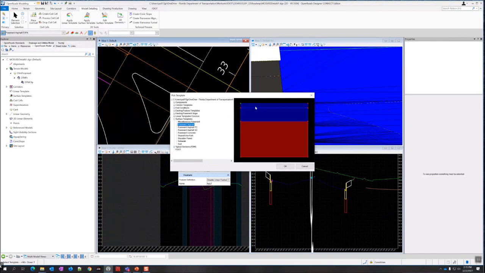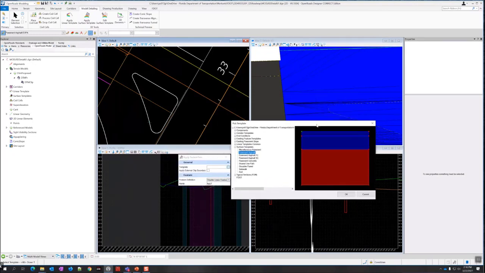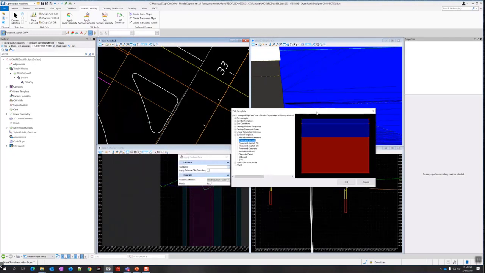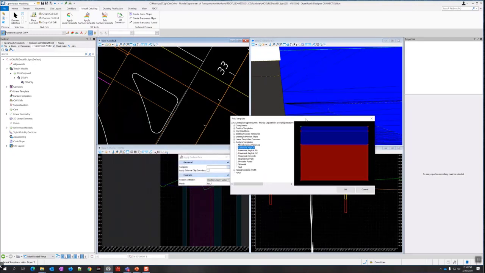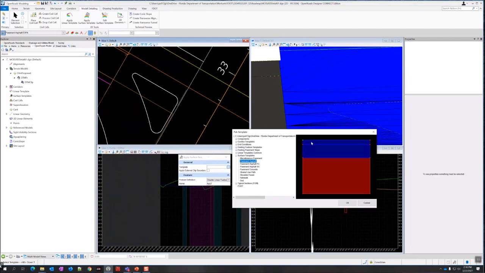If you're using one of the older ones, you want to make sure it has the correct setup. In this ITL file, it should be set up correctly, but if you're doing a project that's been around since ORD was first started, you may not have it set up correctly, so you might need to change your templates. So Pavement Asphalt, we're just going to pick that one, and I'm going to select OK.